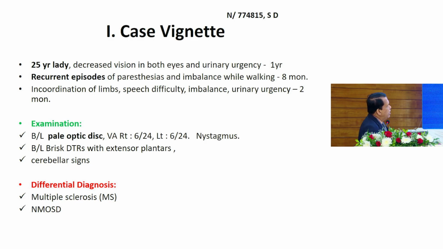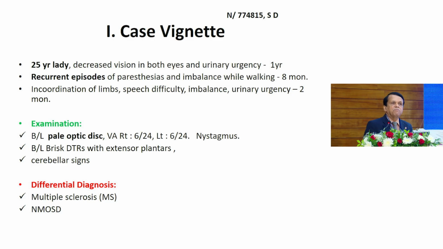One year, recurrent episodes of paresthesia, and an imbalance while walking for 8 minutes. For 8 months, incoordination of the limb, speech difficulty, imbalance, and urinary urgency for 2 months. On examination, the patient had a pale optic disc, which is very important, and had brisk deep tendon reflexes